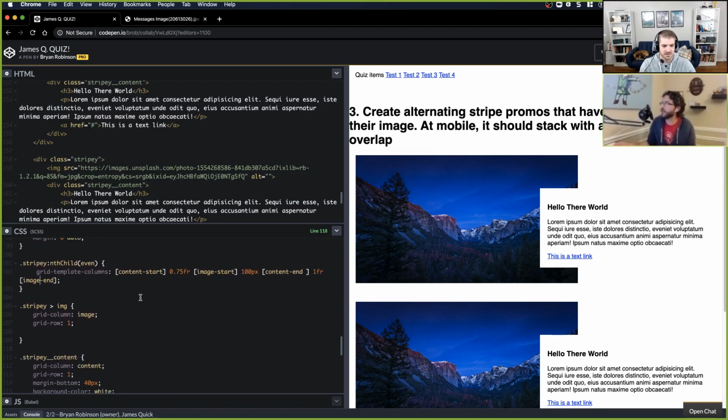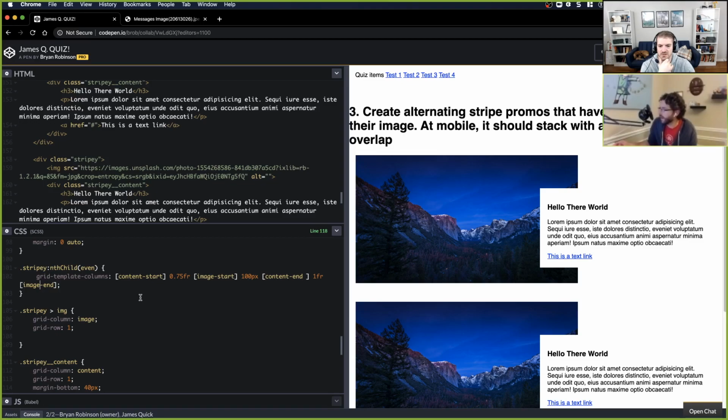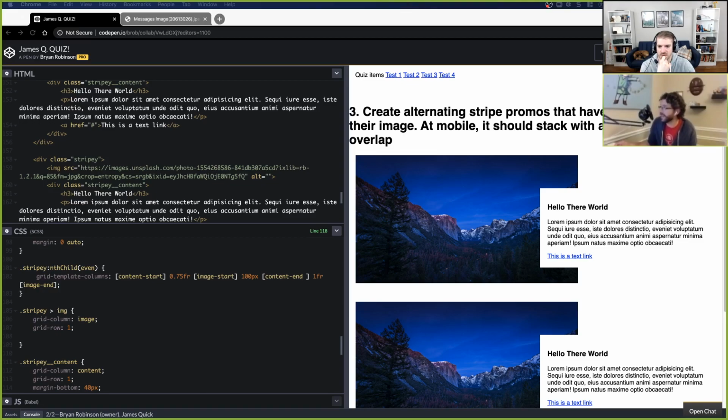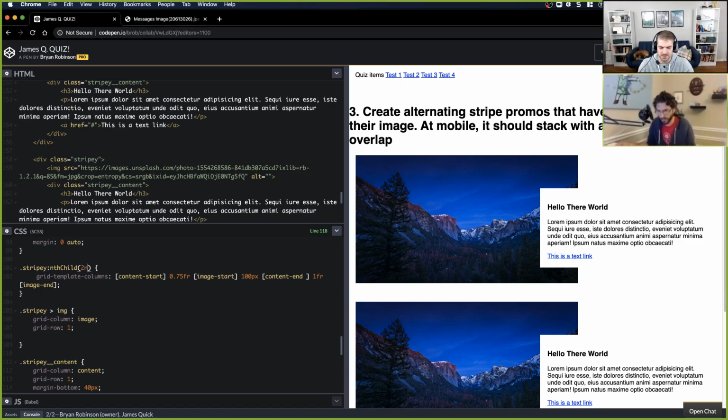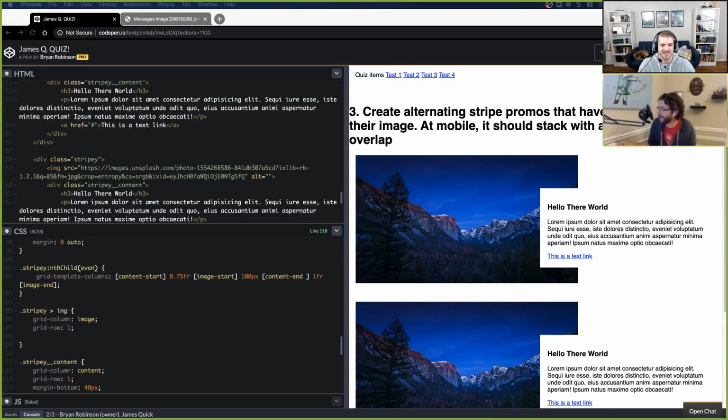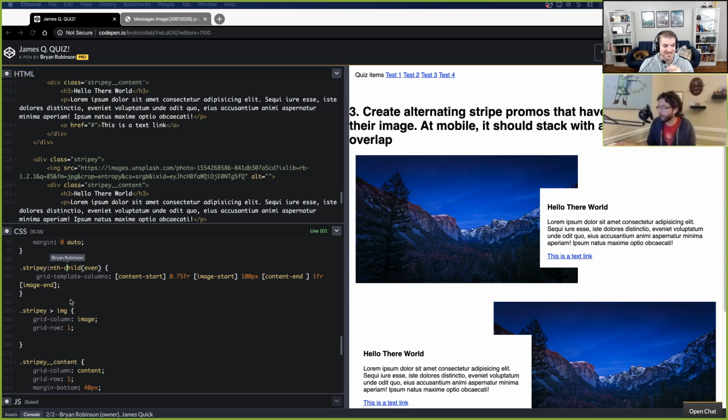We might have done our nth child improperly or something. Let me check that. Okay, it's not seeing that nth child selector that we worked out. Do nth child 2n, and that should be it. Hold on, let me actually read through what you did there. I think I broke it in some other way. I was ignoring you while I was looking at other things. It is actually nth-child. Now that was very JavaScript of me.